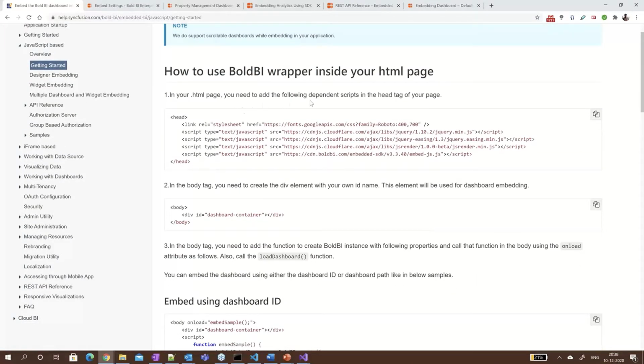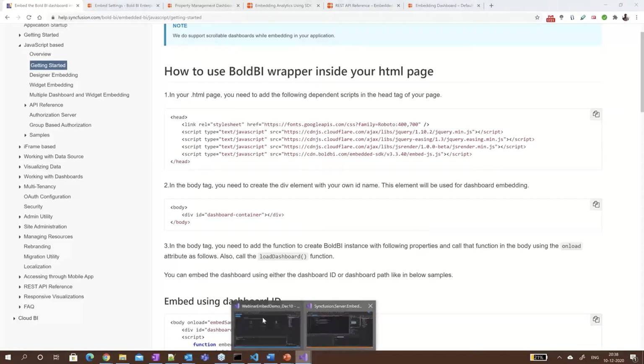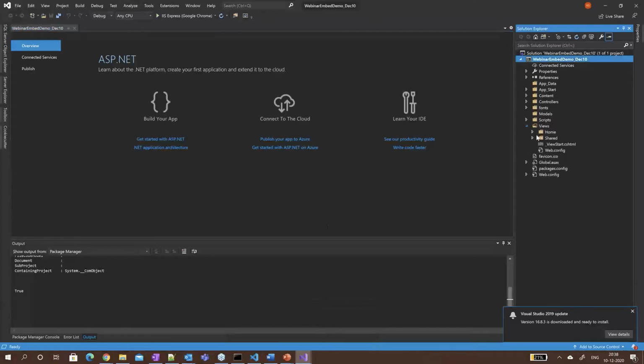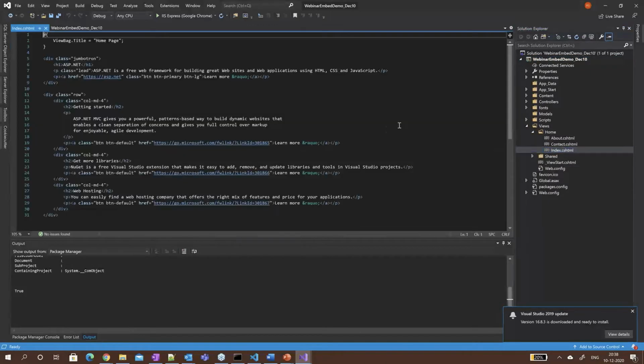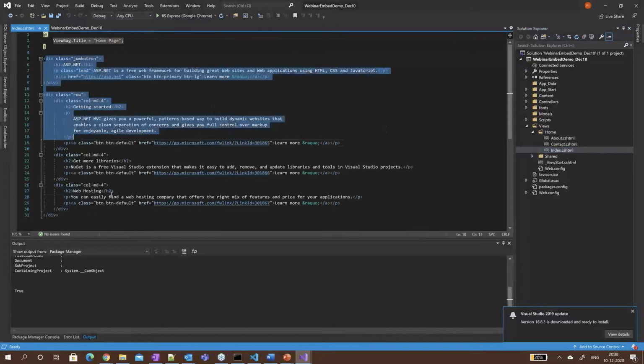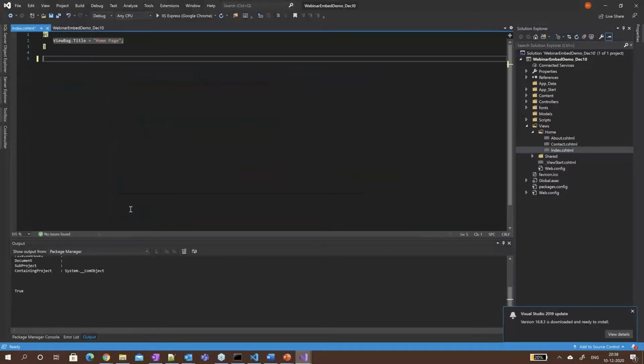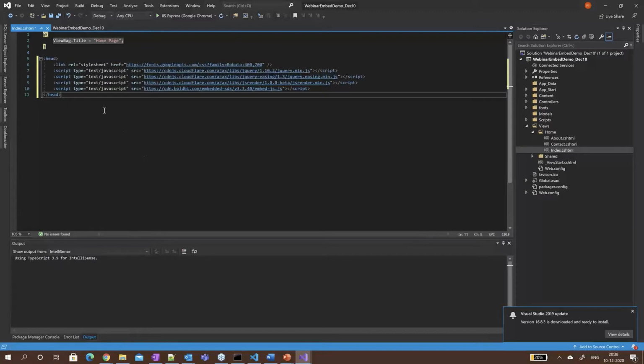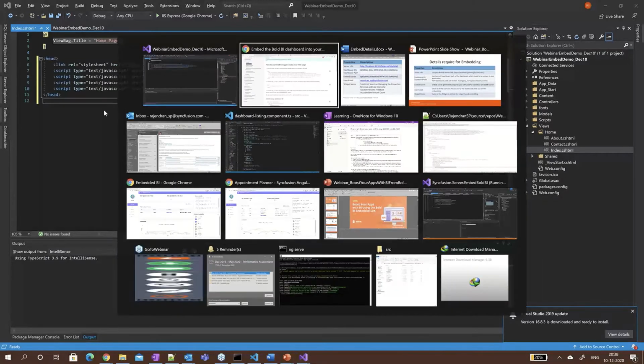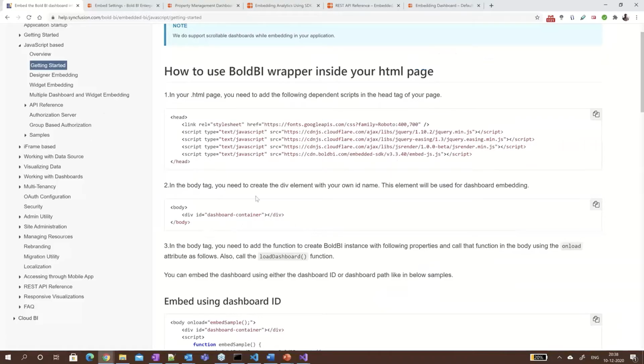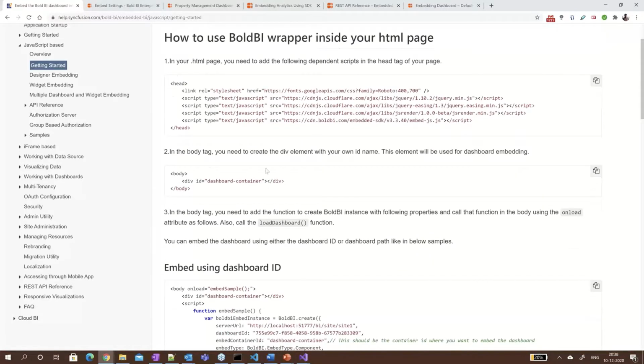First step is to copy the dependent scripts required for embedding. I'm just going to paste the copied script in the index page. The next step is to have a named div element for embedding the dashboard.